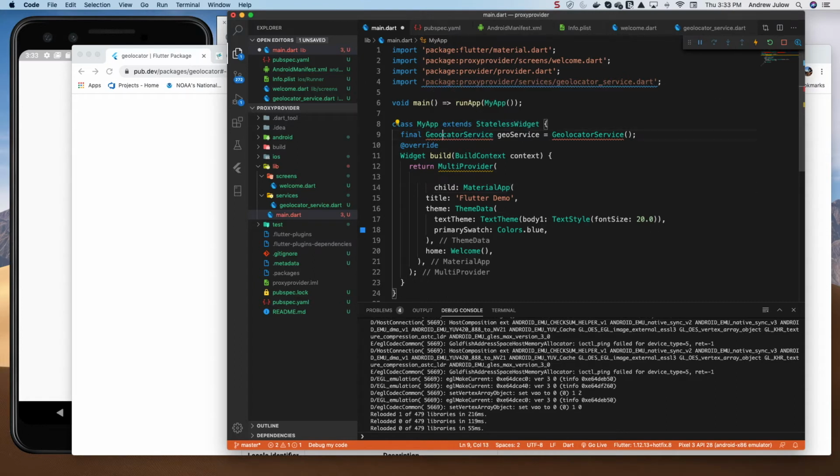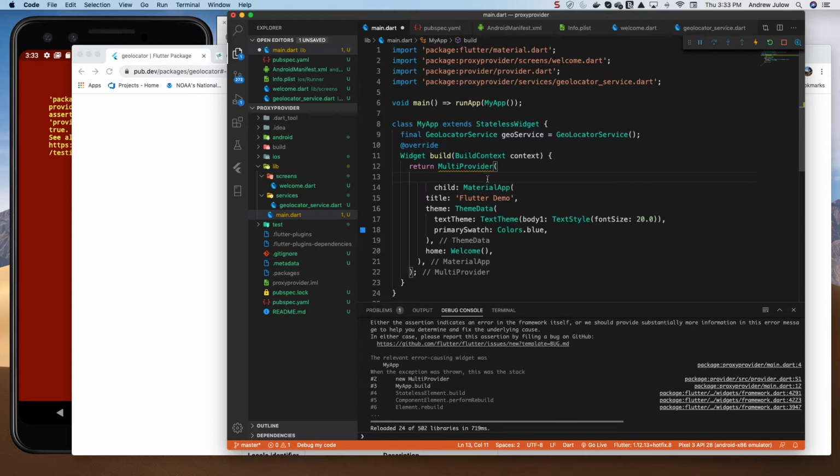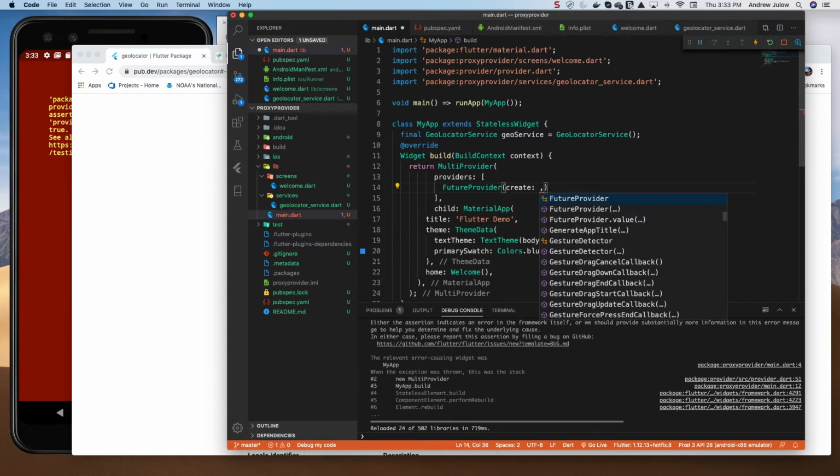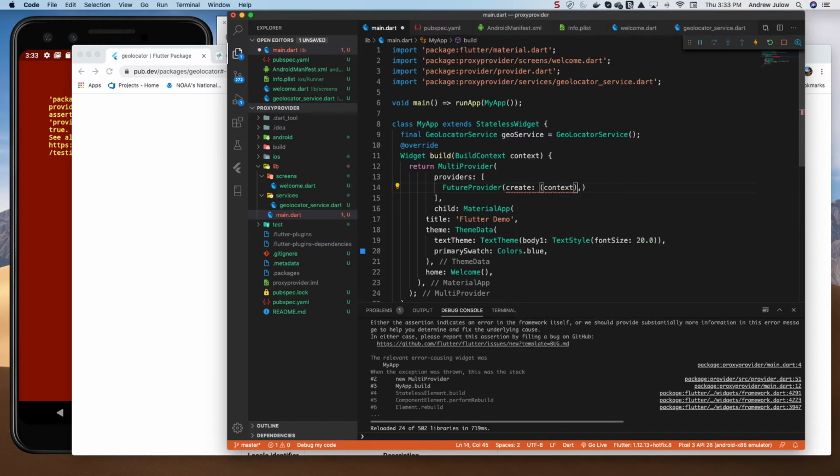And I did a capital L when I created the service for some reason, so I'm going to have to do that again. And so the multi-provider is going to have a provider array, and the first one's going to be the future provider that we want to use to bring in the coordinates. So we'll do future provider, we'll do create, we'll pass it a context, we'll do an arrow function, and our